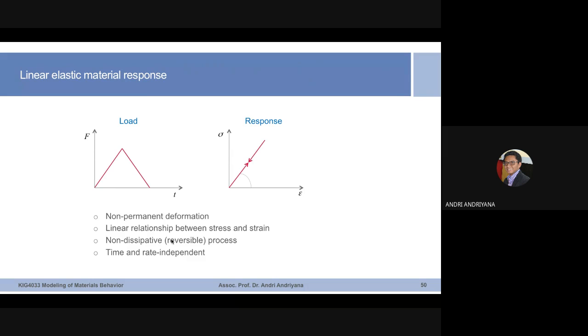Okay, and then typically you will find linear elastic material response for metals if you load it to the stress level below the yield strength. So different types of metals, even different types of polymer, different types of ceramics, if you load it not exceeding certain critical level, then the deformation is elastic and it is linear elastic. Okay, so again, typical metals at room temperature, at the stress level below the yield strength, then you get this linear elastic material response. Okay. The next material response is